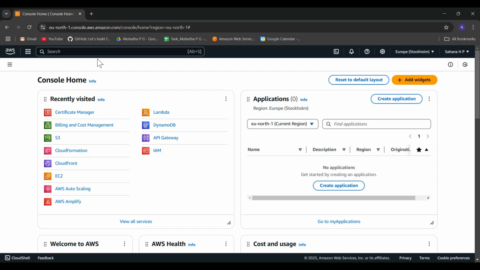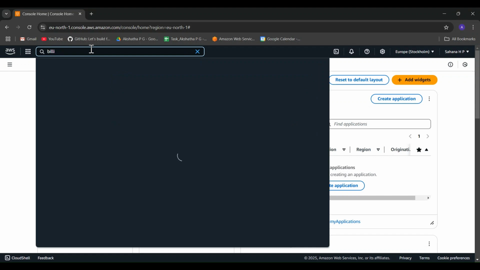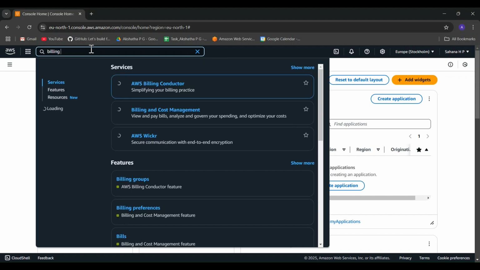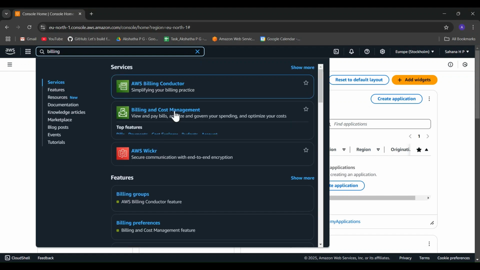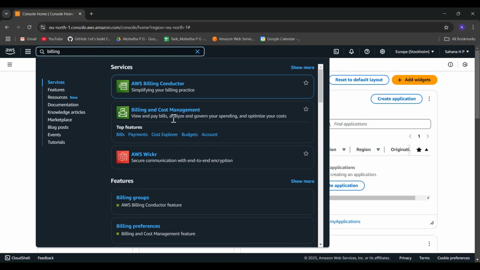So let's navigate to the billing and cost management. View and pay bills, analyze and control your spending and optimize your cost. So when you go to the billing and cost management,